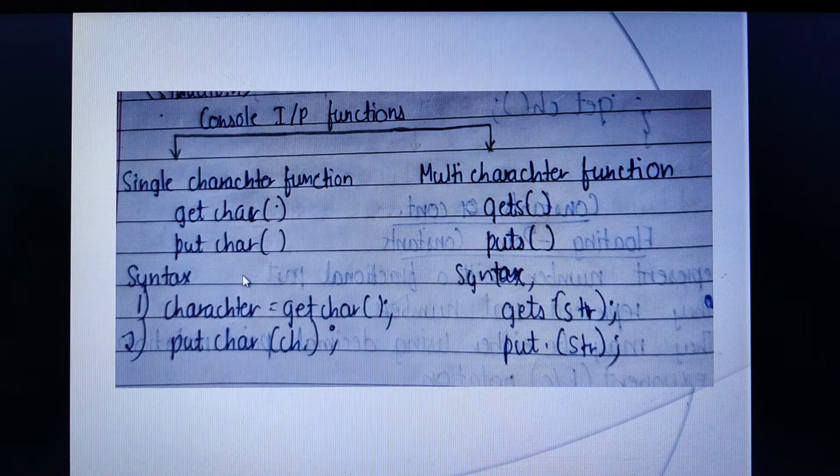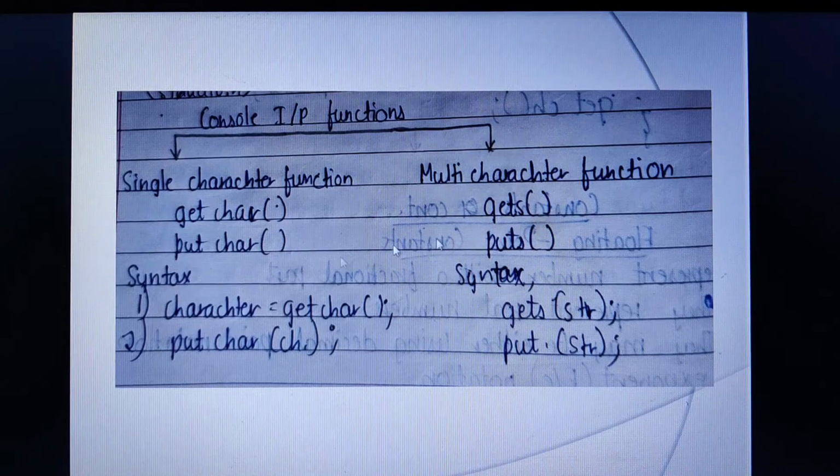Now the thing is, getchar can only read a single character, and putchar can print only a single character. If it is so, then I can use these built-in functions. What if I have to use multiple characters, like for example C programming? This is multiple characters, right? In that case, instead of again using the cin object to read, I can use the gets function, G-E-T-S.